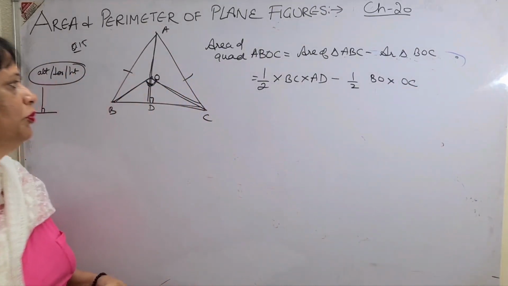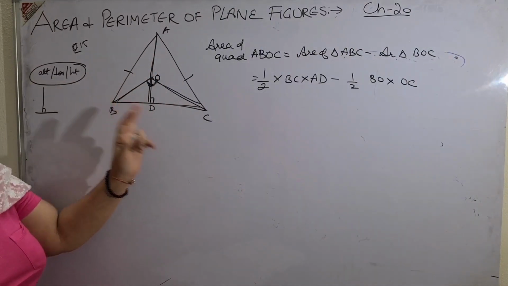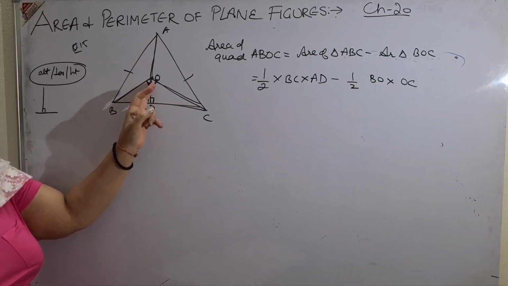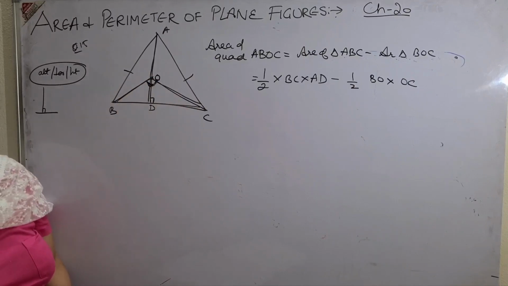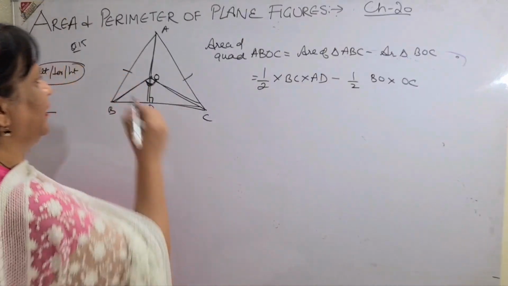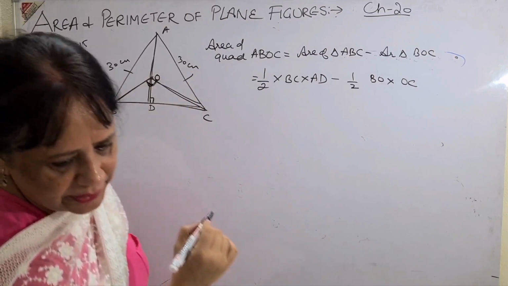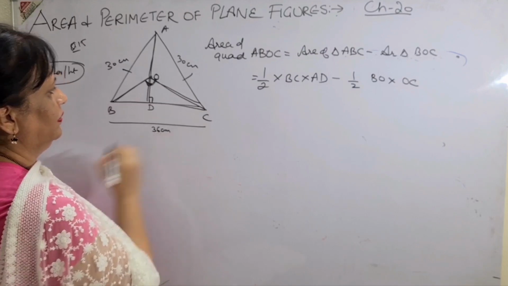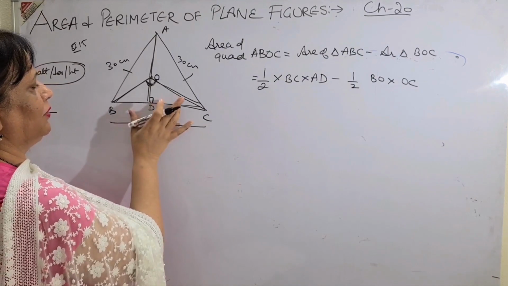So this is a figure. Both are right angle triangle. AD is altitude. I have taken BC to be base, so half into BC into AD. Again BOC is a right angle. So triangle BOC is right angle at O, half into OB into OC. Now let me see what I have got. I have been given AB, AC 30 centimeter. You can mark in the figure. And of course I have been given the base also, that is 36. That is all I am having. And they have given 36 centimeter with the base of BC as well as BOC also.